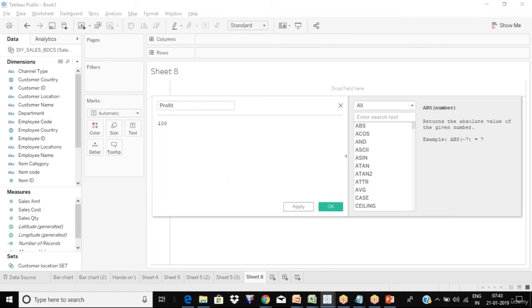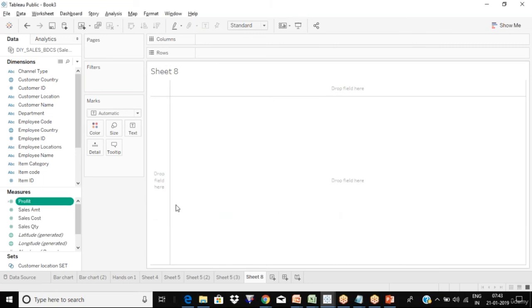Now let me clear this out. You see the calculation is valid. Now I'll say apply, I'll say okay. So where did that column get created? Profit got created in dimension or measure? Under measure. So everyone says under measure.